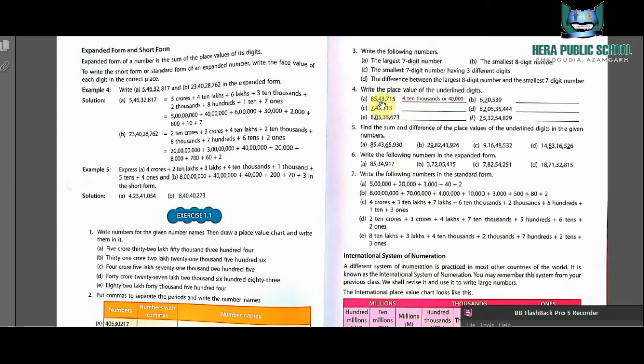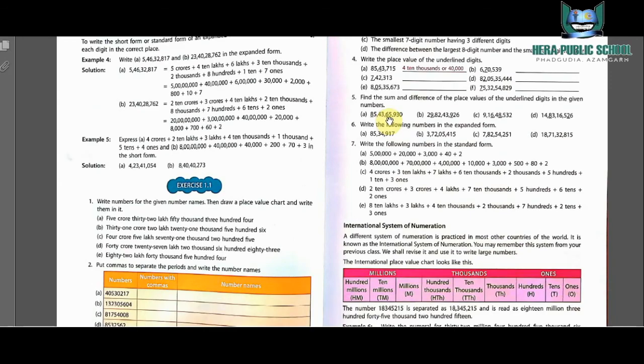So in this way we will solve all the questions based on place value. Question number 5, find the sum and difference of the place values of the underlined digits in the given number. इन नंबर में कुछ डिजिट्स को अंडरलाइन किया गया है, तो उनकी सबसे पहले हमें प्लेस वैल्यूज़ निकालनी है। प्लेस वैल्यूज़ निकाल के उनका सम का मतलब होता है कि दो नंबर को अगर हम ऐड कर दें जो रिज़ल्ट हमें मिलता है वो सम होता है। डिफरेंस का मतलब क्या होता है कि अगर किसी नंबर से किसी नंबर को हम सब्ट्रैक्ट कर दें तो जो रिज़ल्ट आता है वो होता है हमारा डिफरेंस। वी हैव टू फाइंड द प्लेस वैल्यू इन फॉर्म ऑफ सम।